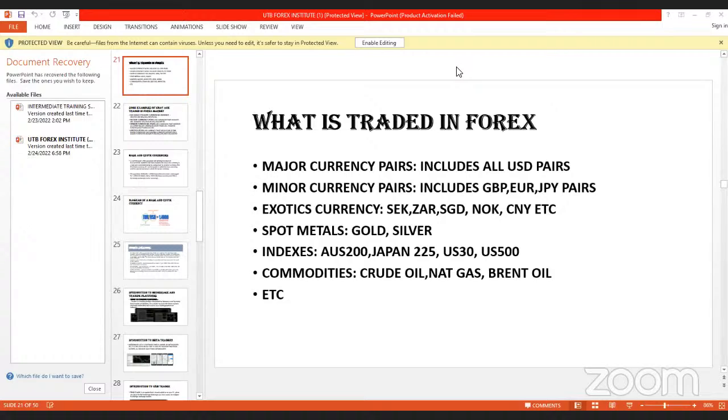Gold is a safe haven asset any day, anytime, and silver too, in the sense that some of you that came before us were able to get some valuable gold. If you want to sell it now, you will sell it at a higher price. That's how gold retains its value, anytime, any day. So it's a safe haven asset, and it can be traded in the market.